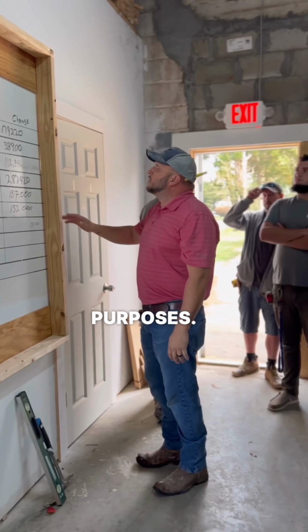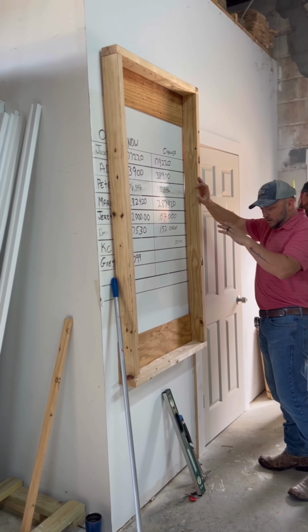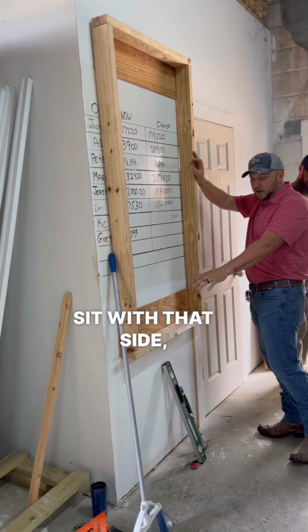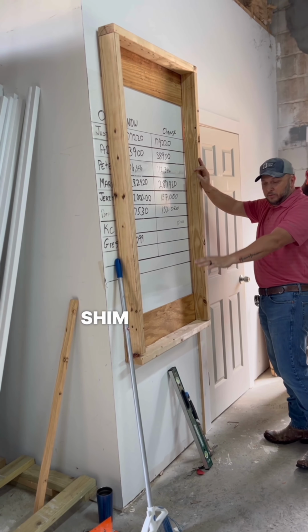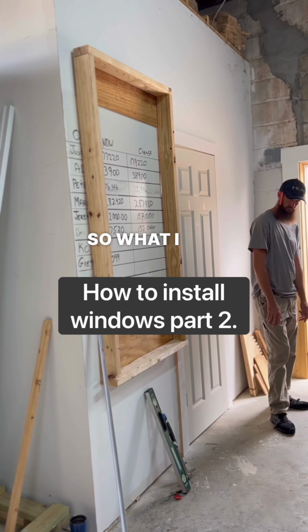So what I like to do is, this was the shortest point of the height. So I like to start with setting the window on this side, because if you set with that side first, you may not get the window in. This is going to be your tightest point. So what I like to do,